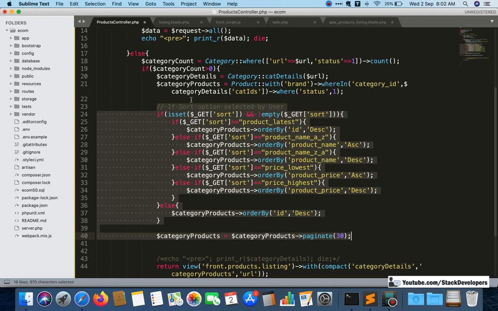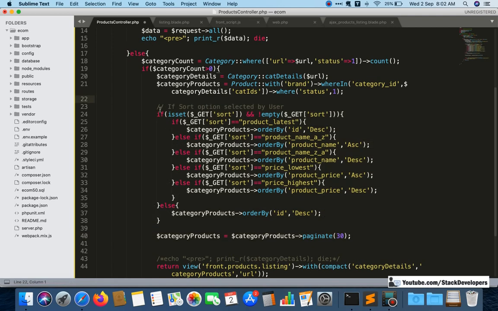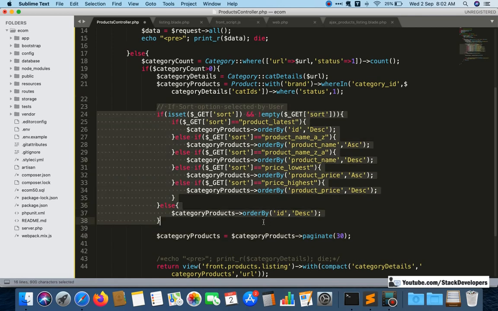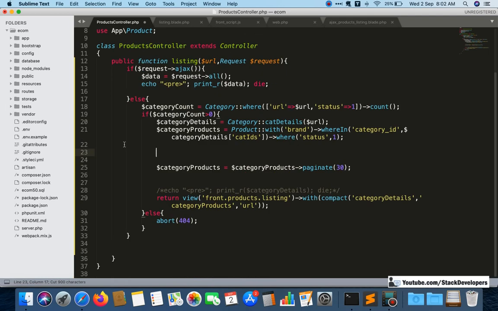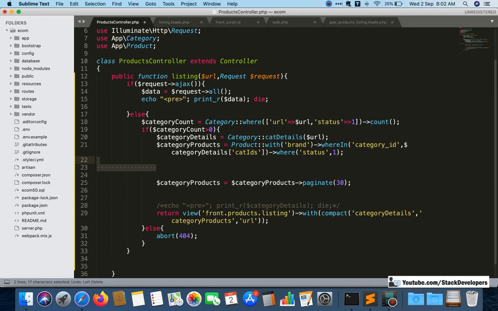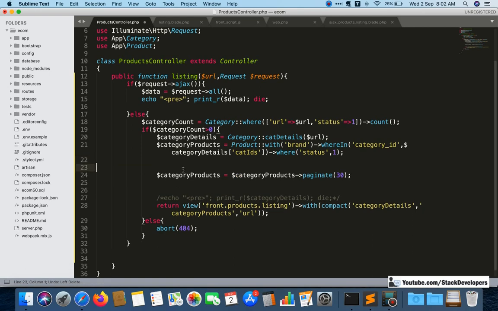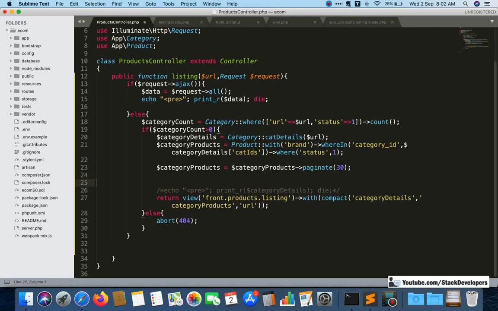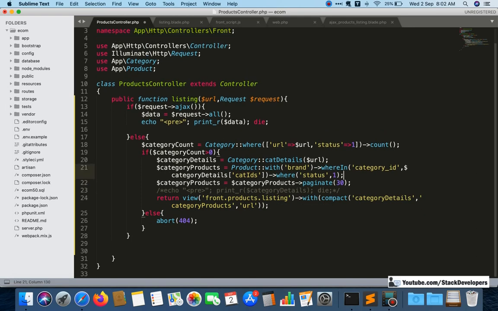So I am going to remove this sort from here, and I will put this part like this, sorry. So this is our else part.